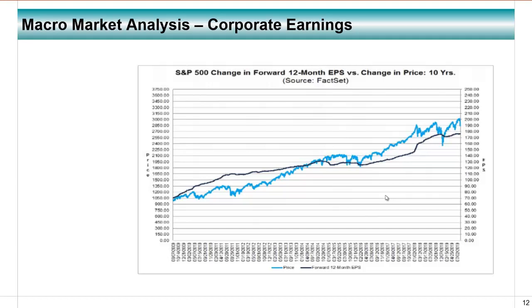Let's look at corporate earnings. Macro market analysis continued. So S&P 500 companies are projected to generate about $173 of earnings over the next 4 quarters. This comes from FactSet. We have dates down here as a function of time. Blue represents the S&P 500 index. Black represents forward 12-month earnings per share for the 500 S&P 500 companies. And presently, this shows about $176 worth of earnings, and I show